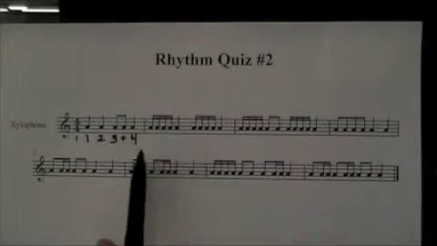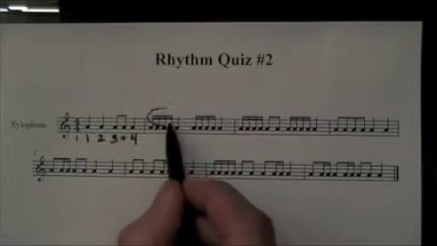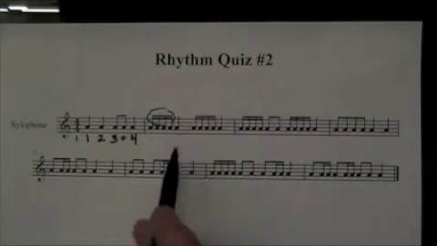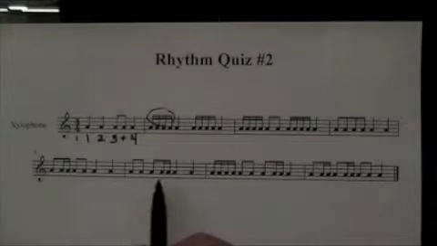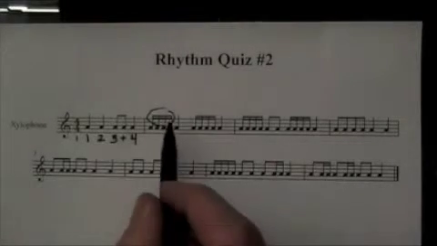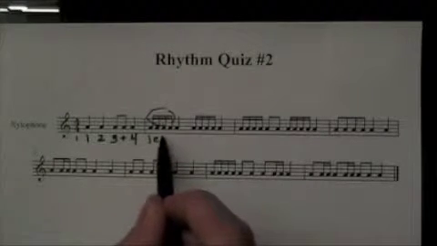Here's our first group of 16th notes. We know they're 16th notes because they have 2 beams up here as opposed to 1. 16th notes in a group of 4 get 1 beat, meaning each individual 16th note gets a quarter of a beat. That also means we need 4 sounds per beat, so we're going to label them 1, E, and